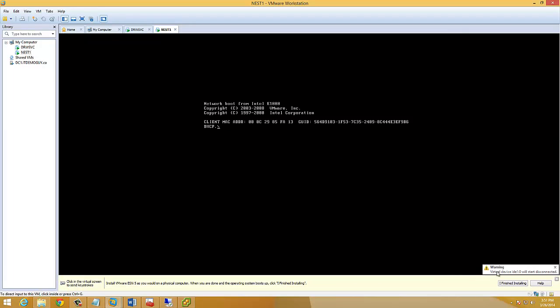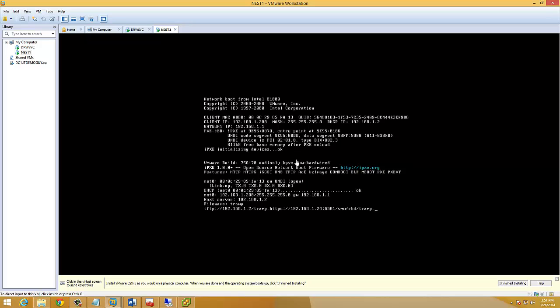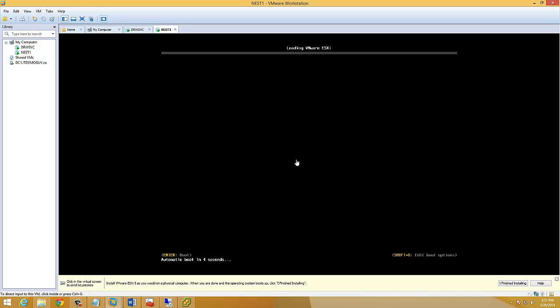Just got a little warning message. I think that's about the CD-ROM not being connected, but we don't need that. Okay, so in the background, what's happening right now, we manually assigned that MAC address to the virtual machine when we pre-staged it. To confirm that it's working properly, the reservation that we had created was for IP address 200, which it got, which is correct. So what should happen in the background, if our TFTP rules are set up properly, is this machine is going to boot, it's going to hit the DHCP server, be redirected to our TFTP server,